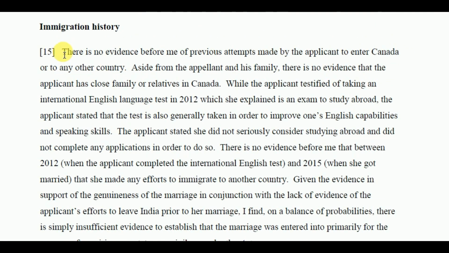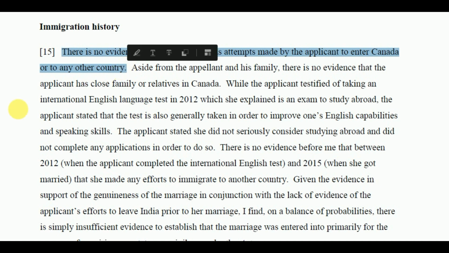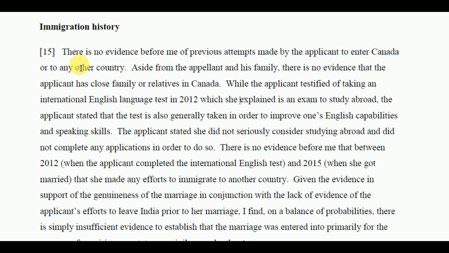Then immigration history. There's no evidence before me of previous attempts made by the applicants to enter Canada or any other country. So they also take note of how many times in the past the applicant tried to enter Canada. Aside from the appellant and his family, there's no evidence that the applicant has close family or relatives in Canada. While the applicant testified of taking an international English language test in 2012, which she explained is an exam to study abroad,